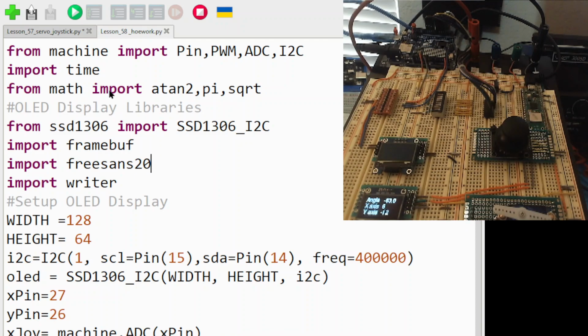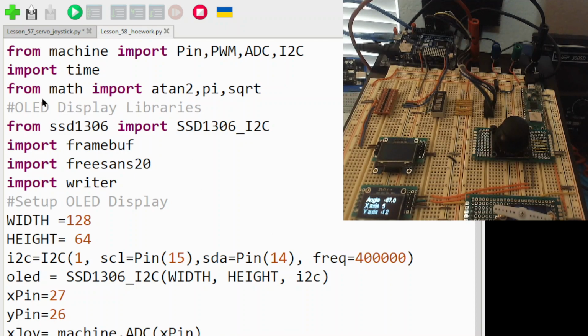Now down here we've got import math, and I say from math import arctan2, which is a very new thing. I didn't know about arctan2, and then pi and square root. Those are the two things we need for the math on this